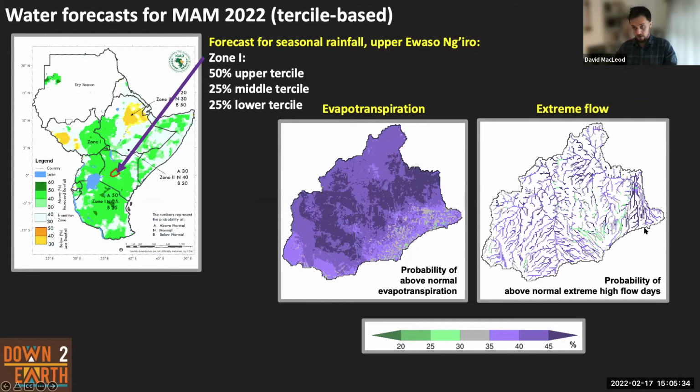So in the plot on the right is the probability that there will be an unusually high number of extreme flow days. We're defining extreme flow by the 99th percentile of the flow duration curve, and we're counting the number of days in the season which are above that threshold. This shows, in general, a higher chance of higher flood risk, but the spatial pattern is different. Here in the east of the basin, we see the largest increases in flood risk, but in some parts that increase in rainfall isn't translating so much into increased flood risk.